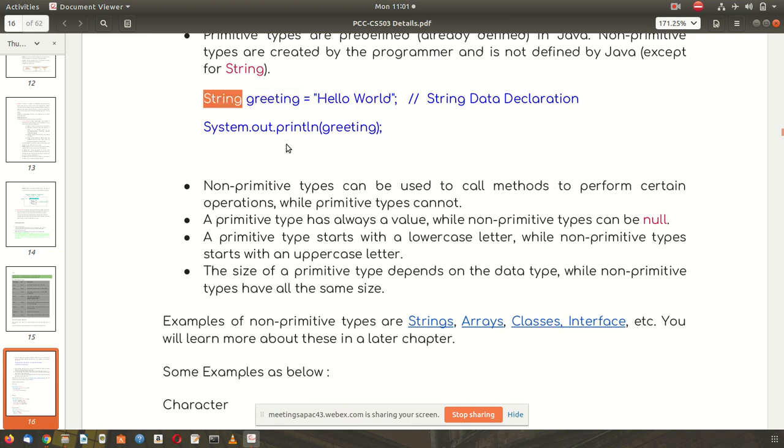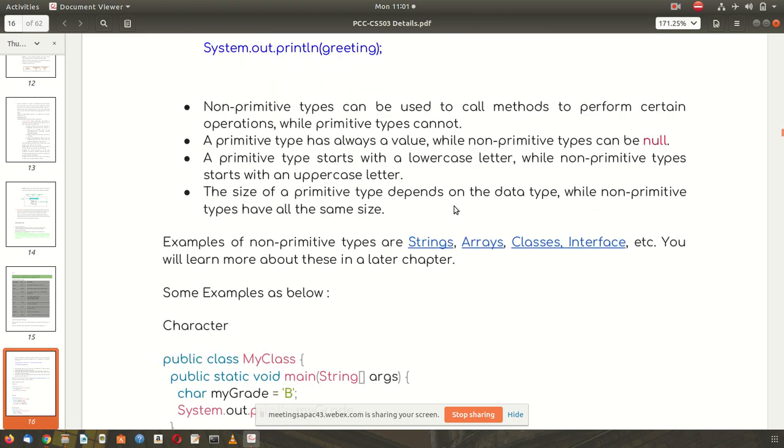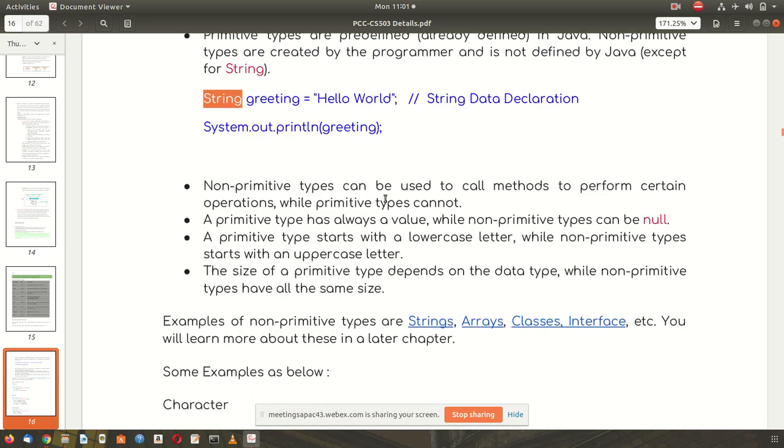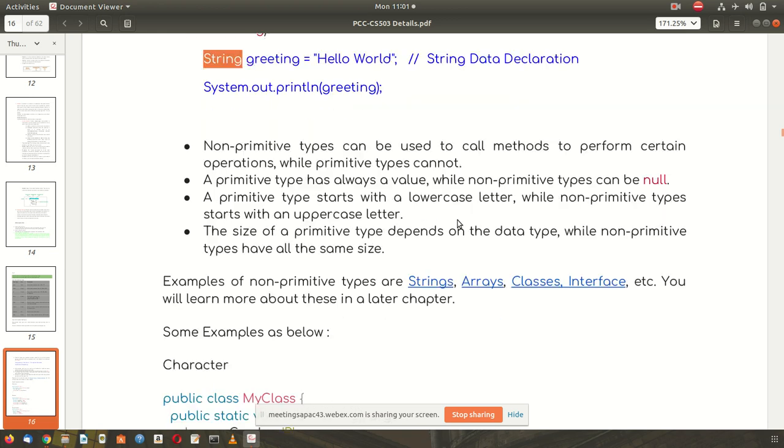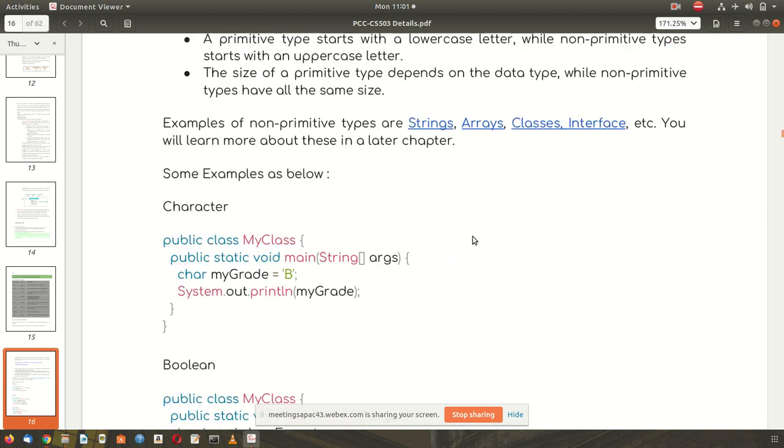So string is an inbuilt data type. And array, we have to create. It is not readily available like string. There is no keyword called array. We have to create an array using the standard procedure. And class is a keyword, interface is a keyword.